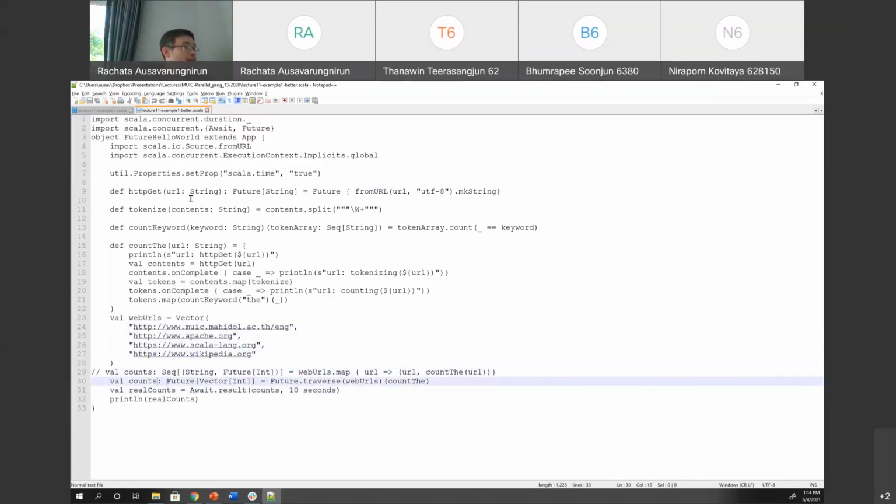So I'm gonna do this. A count, this count is going to be the future, the array of vector int, vector int. I'm gonna go do this on all the 4 websites at the same time. I'm gonna do this 4 websites at the same time. I'm gonna